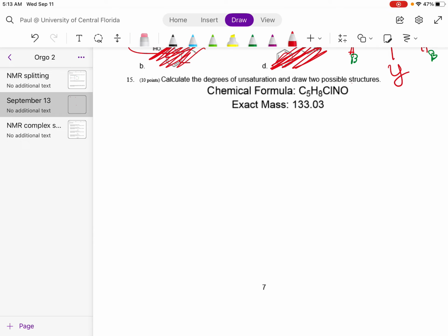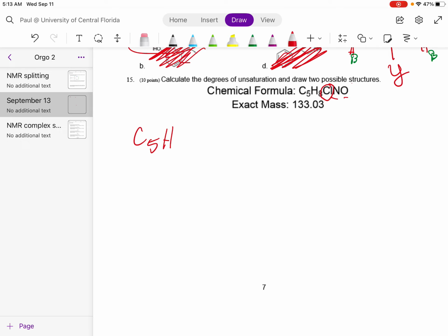Okay, what do we do with this here? Now, I don't have a calculator with me. Let's see if we can do this in our heads. Okay. So we have C5H8. That is a chlorine, nitrogen, oxygen. So C5H,